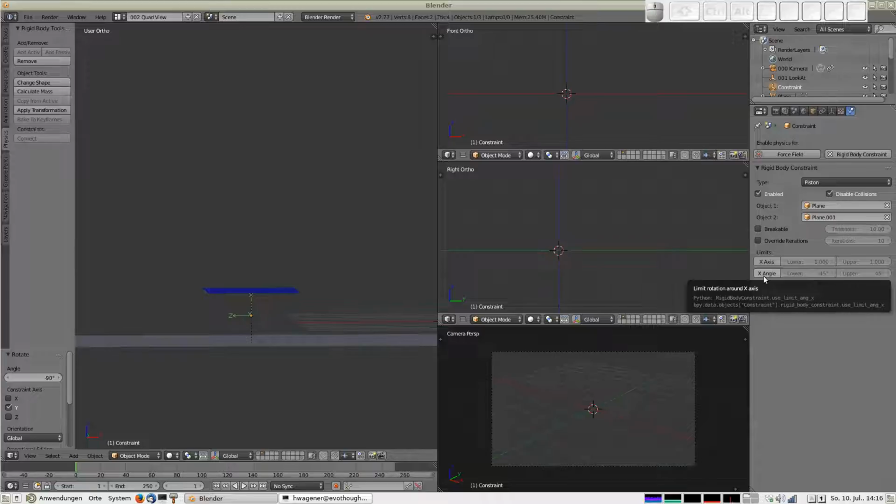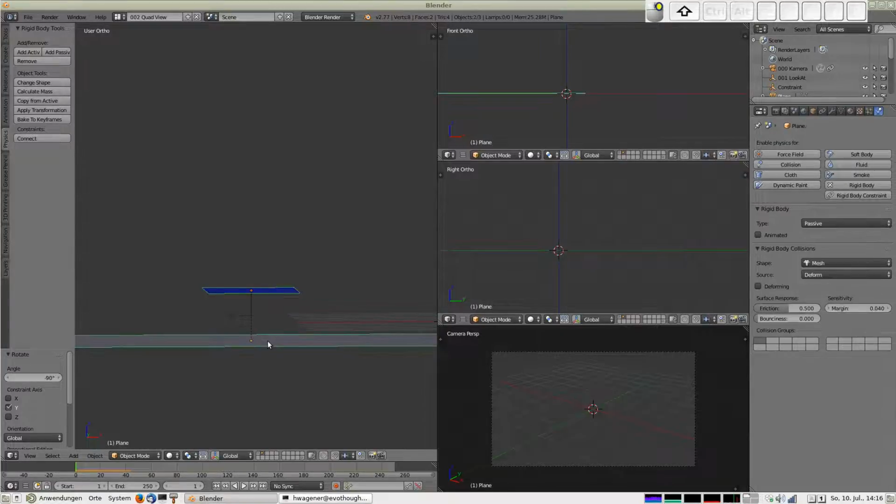We have to change something. On the x-axis we put the limits to minus 0.01 and 0.01, and now we add